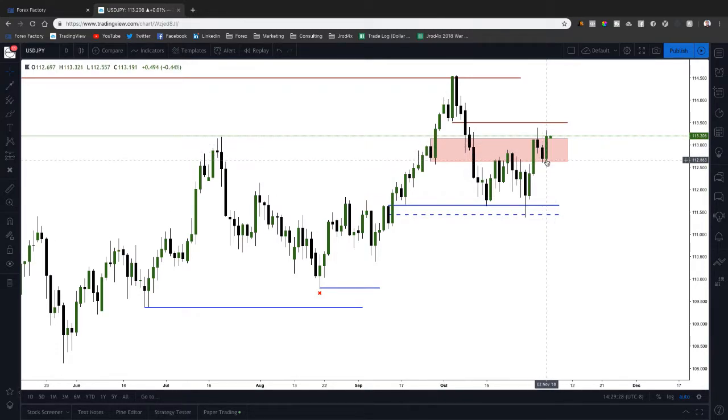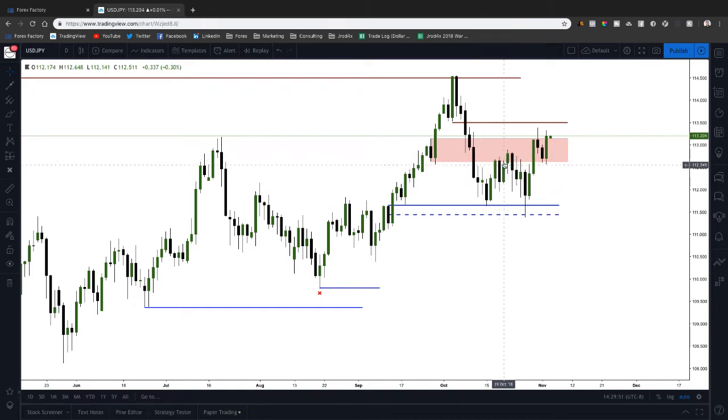This market should remain bullish as long as this low is in place. If we close below this candle, 112.50 on a daily basis, I'll be looking for lower prices, and this low will be my first target at 111.40. But as long as we're above the red box, which again, you can mark this out on your platform, all you do is take a box and you draw it around this down candle.